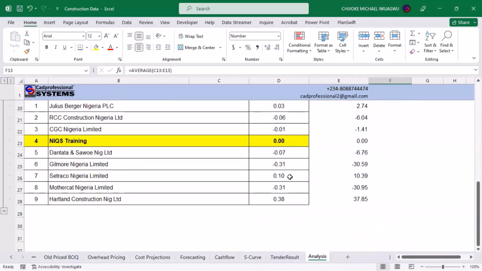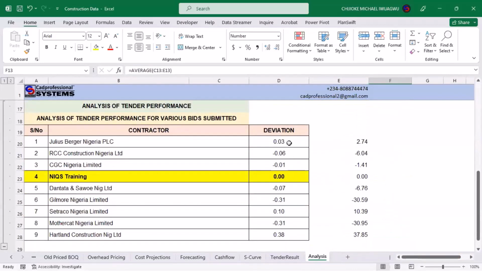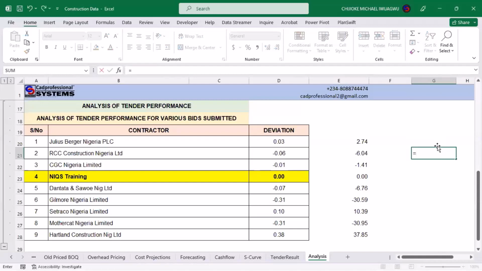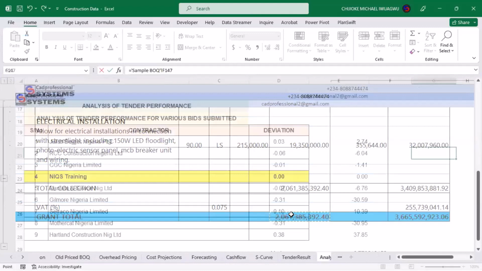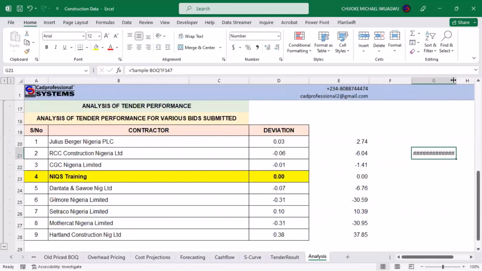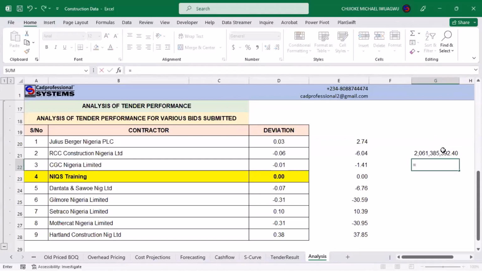So it simply means that if I am bidding against them, I need to remove 6.0% as my discount for me to be able to beat whatever RCC will be bidding on a project. That is to say, if I am bidding with RCC on a job, and after doing my calculation, that job I am getting the equivalent of 2-point-something billion on that job, I need to give a discount of about